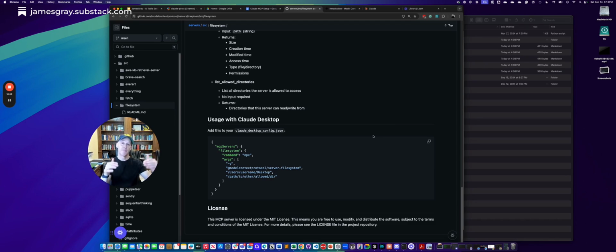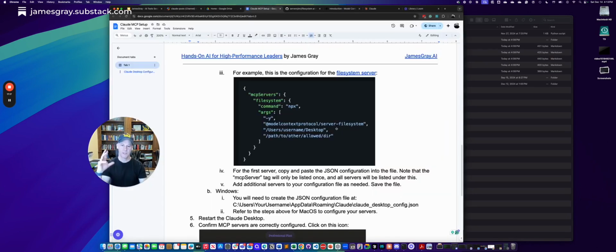Now we're going to have multiple servers, just like I do. I have four different servers, and so you're going to paste this four times. What you're not going to repeat is the mcpServers key right here. That's only going to show once, and everything else is going to be nested in your JSON file.